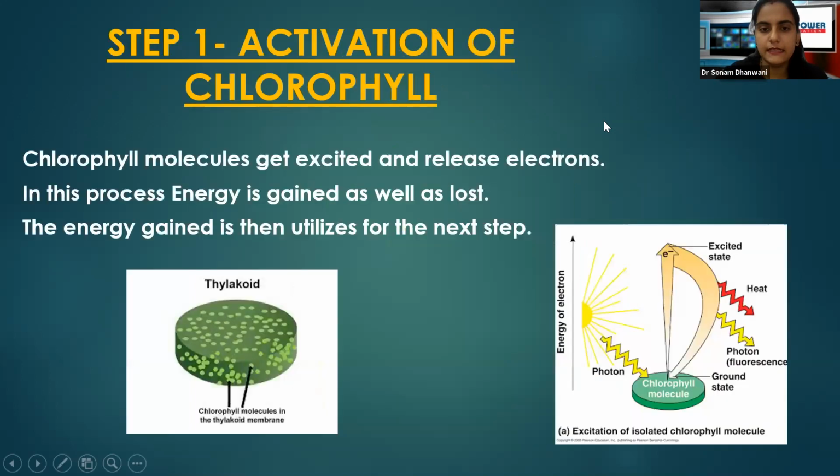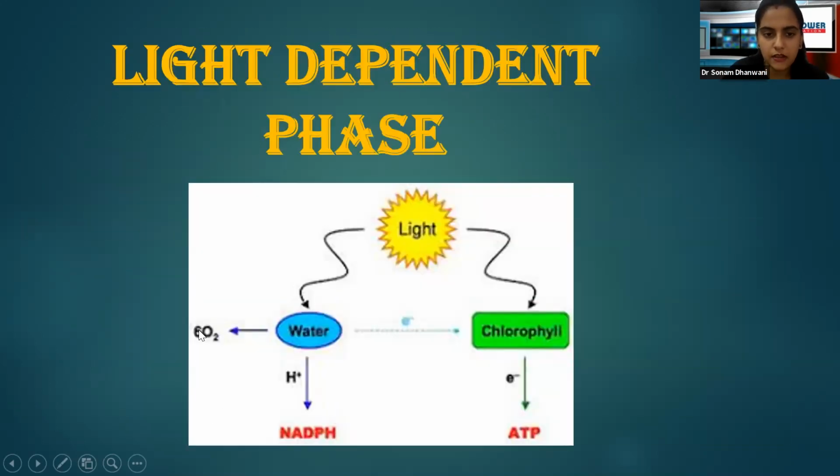Let's see. Now this light dependent phase, see what you can see here. Water is being used in the presence of sunlight and chlorophyll is being used. Okay, these H plus ions are being liberated here, some electrons are being liberated here, and this oxygen is coming out, right? We are getting